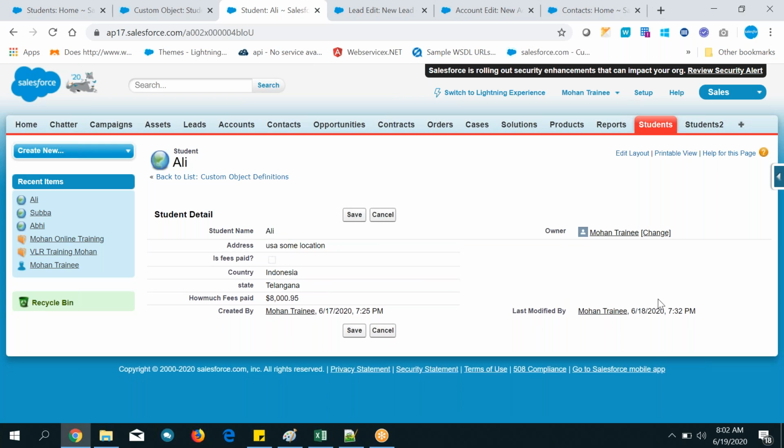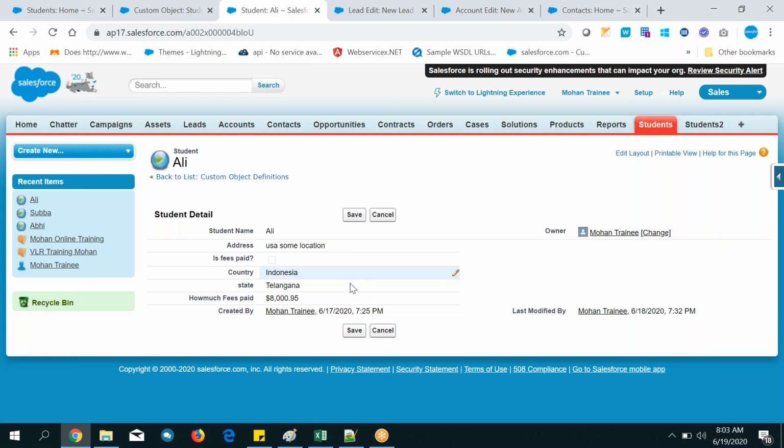But you cannot edit these things. Why? So can you observe here? Lock is there, key. If it is there, these fields are called read-only fields. That means you cannot modify the data in this one. That is called the lock symbol. It is locked. You cannot open it. It is locked. That is the meaning.